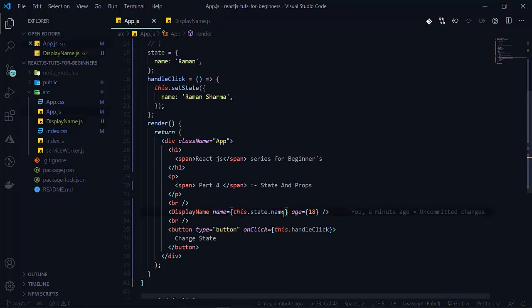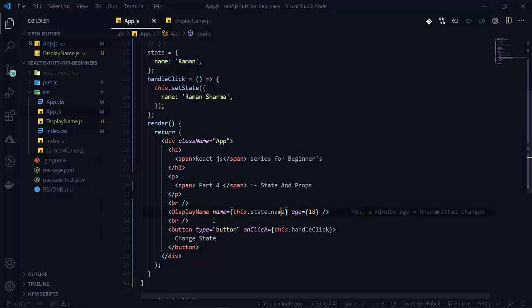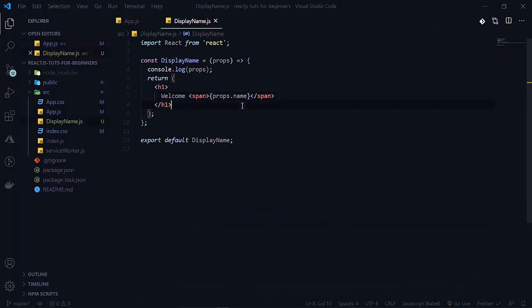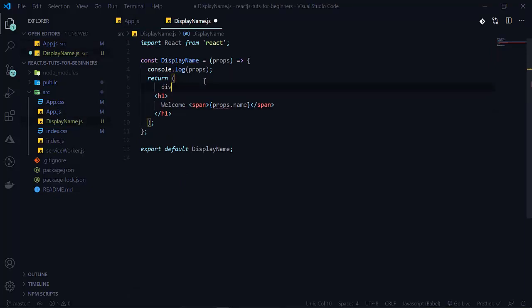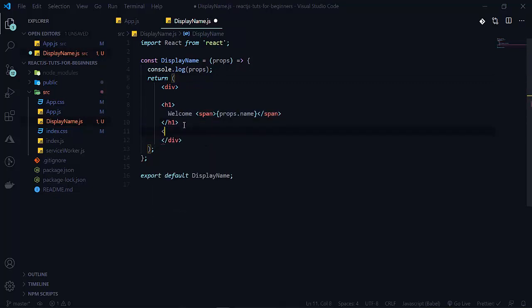So now let's see how we can call a function from a child component here. That we will do the same as the state here. So I will cut this. First of all we need a div here. So here we need a BR.